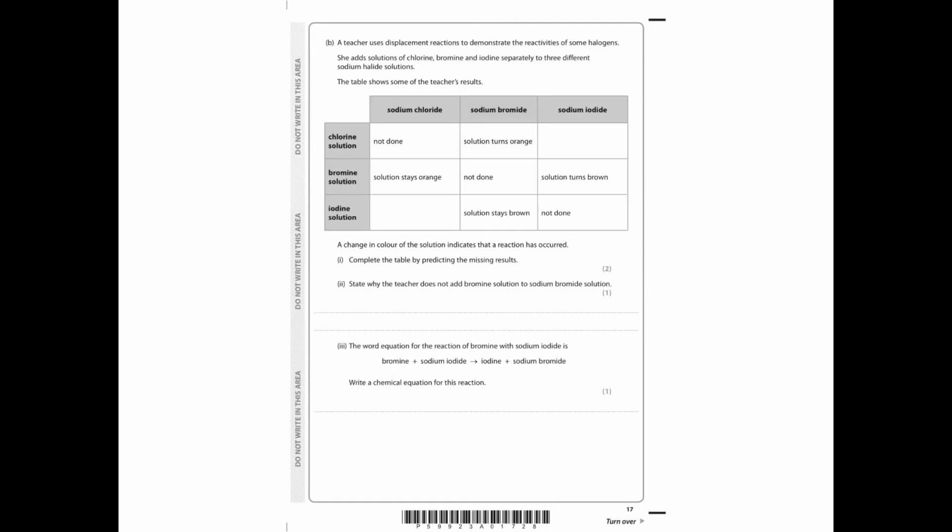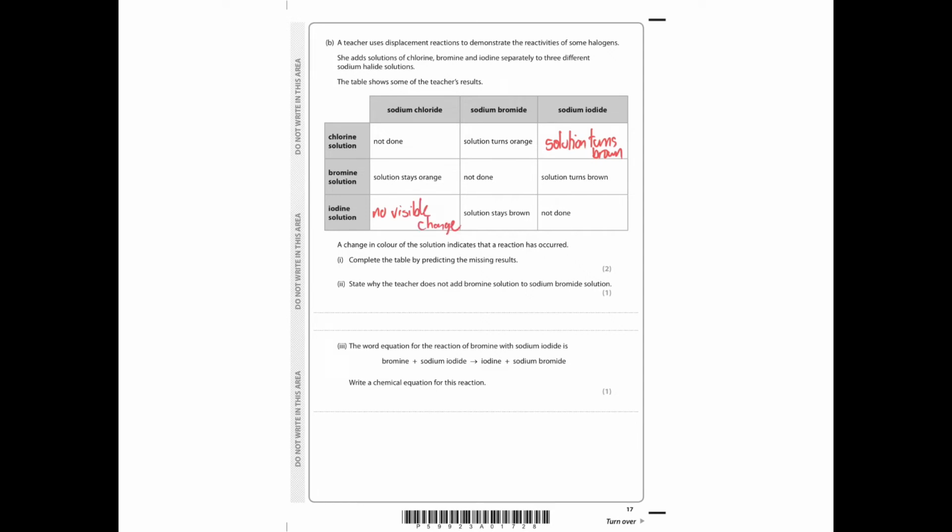Part B looks at comparative reactivity of Group 7 elements. It asks you to complete the table. If you add chlorine solution to sodium iodide, chlorine will displace the iodine and the solution will turn brown. In the reverse reaction, iodine is not as reactive as chlorine, so there will be no visible change as no